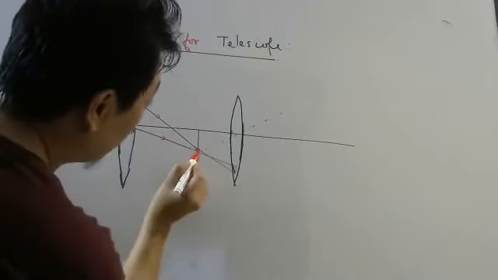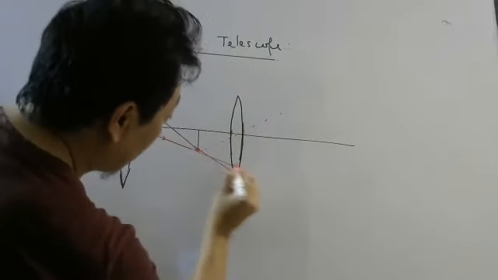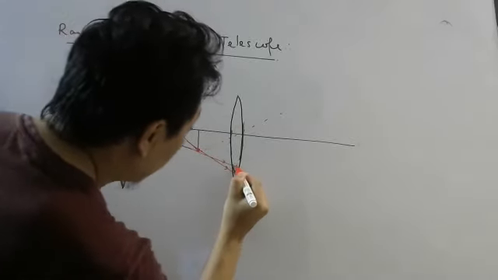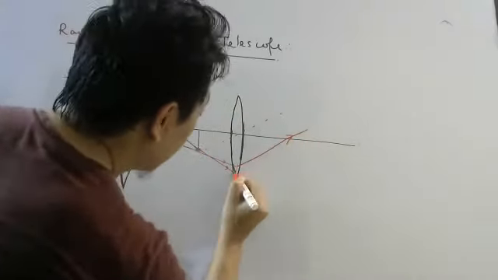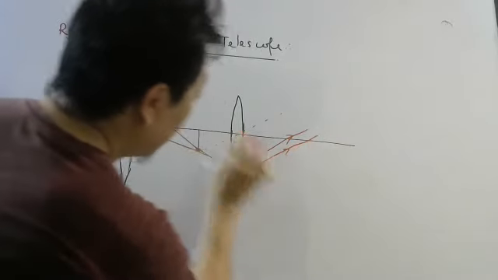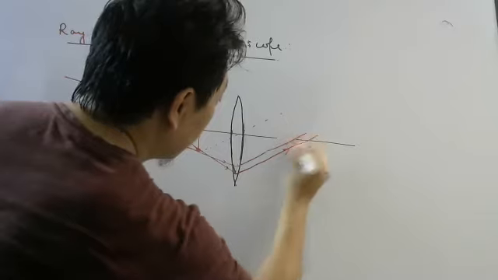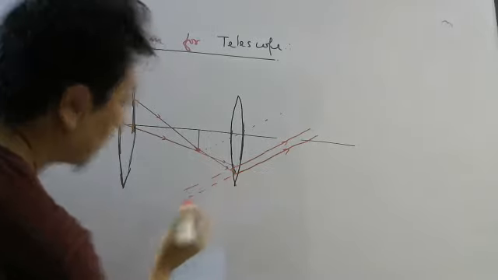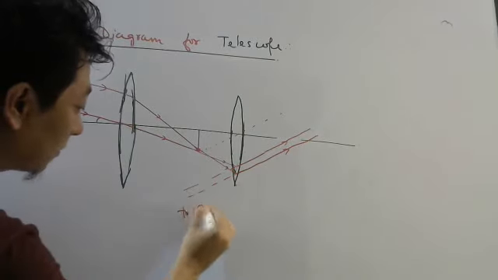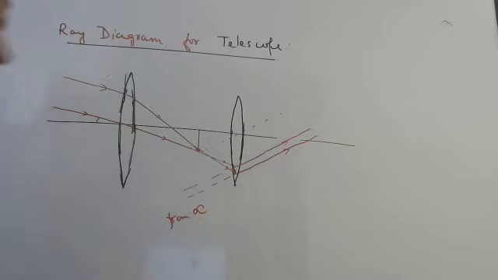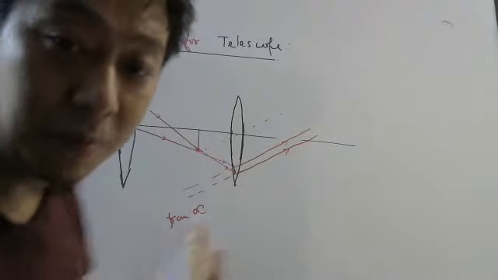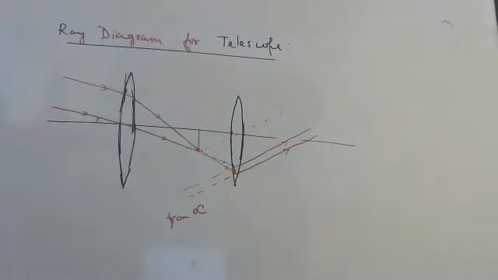So now you have made this line, no? So that is the reference line. Okay, so now these rays which are going straight here and straight here, this one you have to draw parallel to this one. Okay, parallel to this one, so that your final image is also at infinity. Okay, so this is to infinity, from infinity. So in the telescope, you need to remember that your incident rays are coming from infinity and your final rays are also coming from infinity. So object is at infinity.